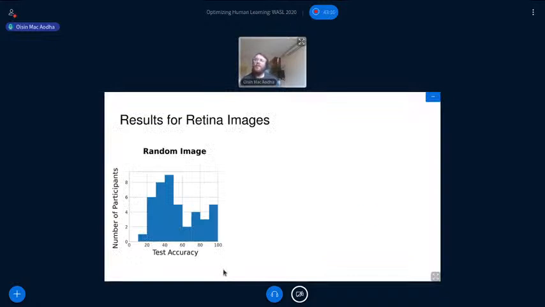Okay, so as a baseline, it's always good to try and teach with random selections because actually it can be sometimes quite effective. So what I'm showing here is a histogram of the number of participants and their test accuracy. Okay, so what we'd like to have is most of the mass of this distribution towards the right-hand side. That would mean that they're basically doing very well. But what we see here is this kind of big mode around maybe 30–40%, which in this 3-way classification task is effectively randomly guessing. So the summary here is that just randomly showing images to learners is not actually particularly effective in this setup that we have anyway.